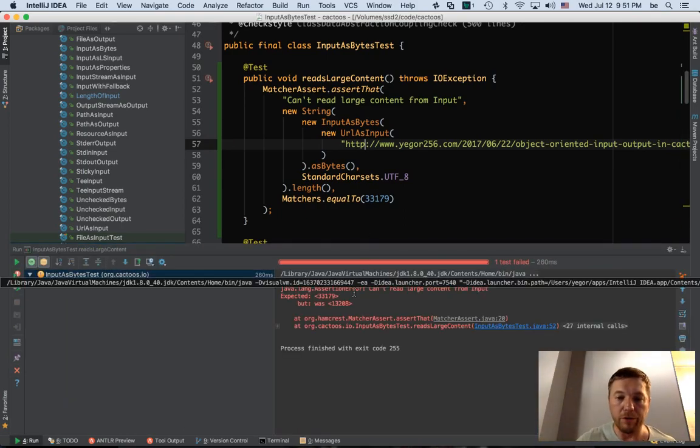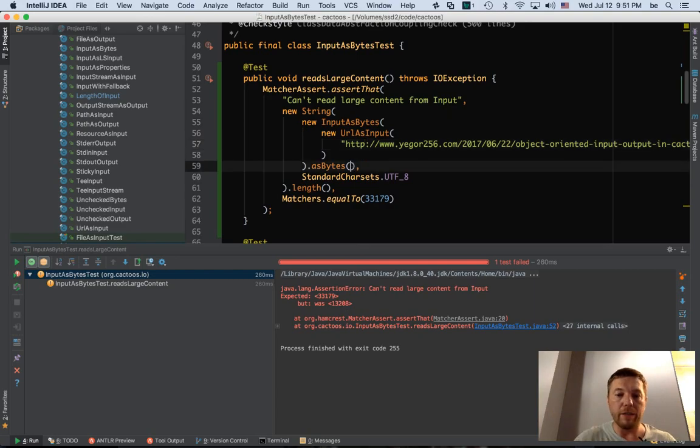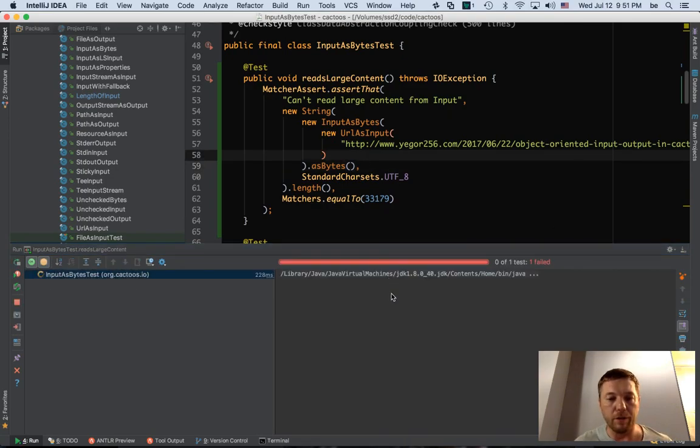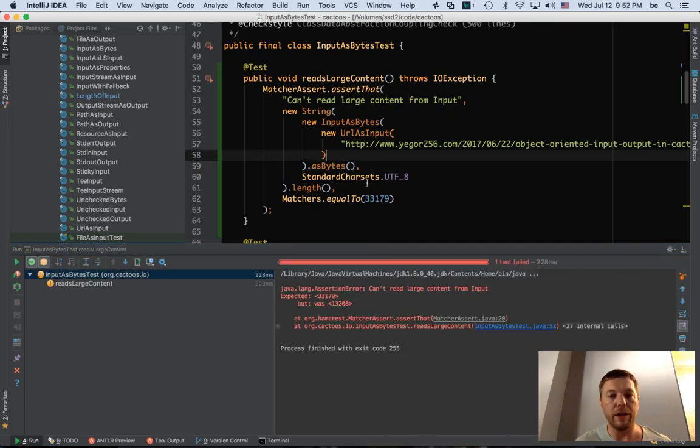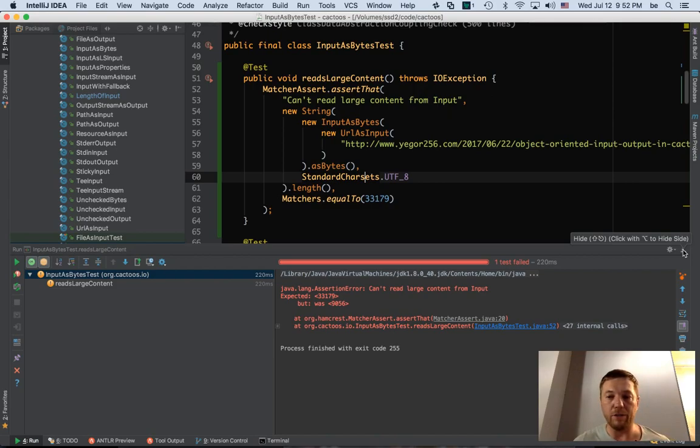We see another number, 13208. Let's run again, maybe it's going to be a different number. You see? Now it's 3549. So every time I run, it's a different number. 13208, then 9056. Every time it returns a different amount of content. It's really difficult to understand. This bug is not so easy to catch, and debugging is definitely not the case for that. We need to reproduce it, and we need more tests.